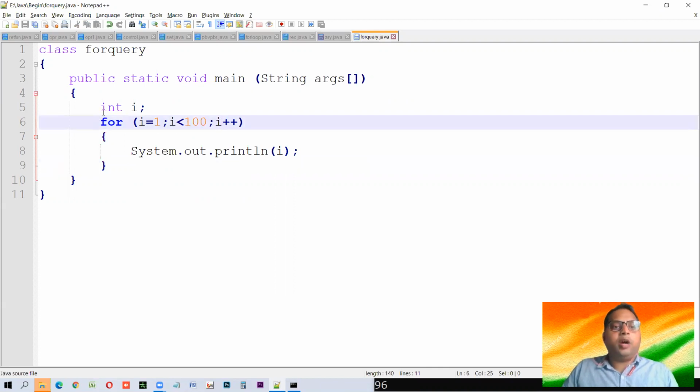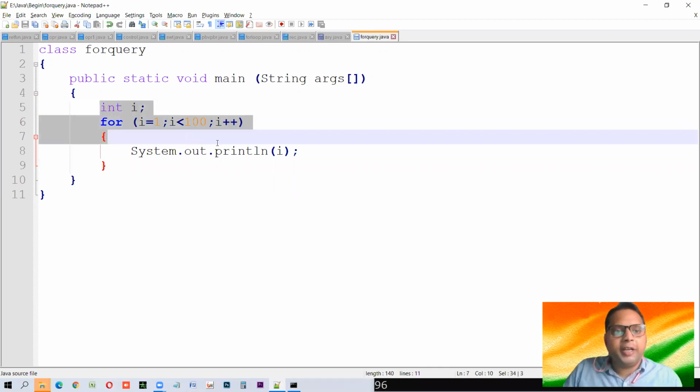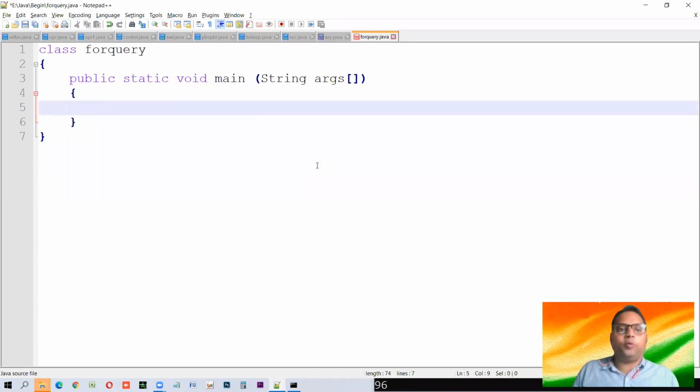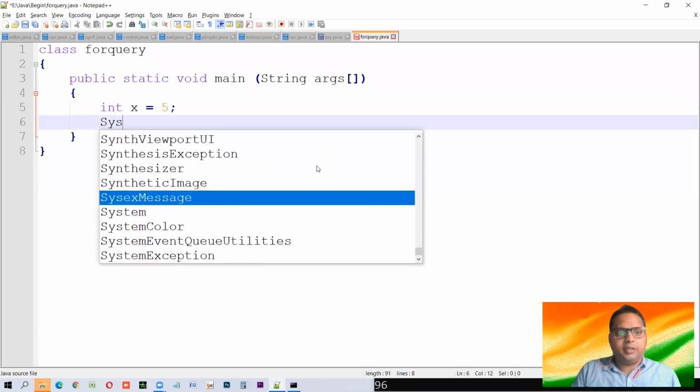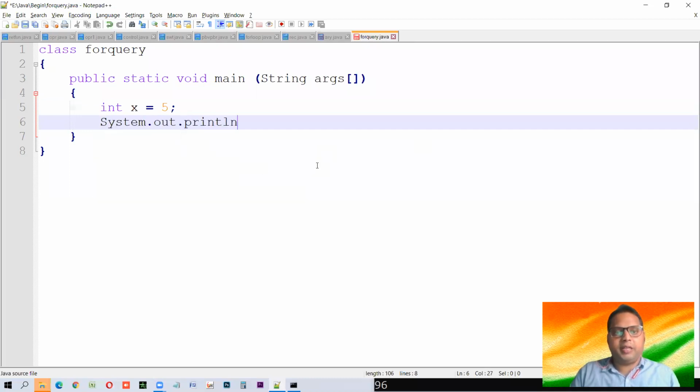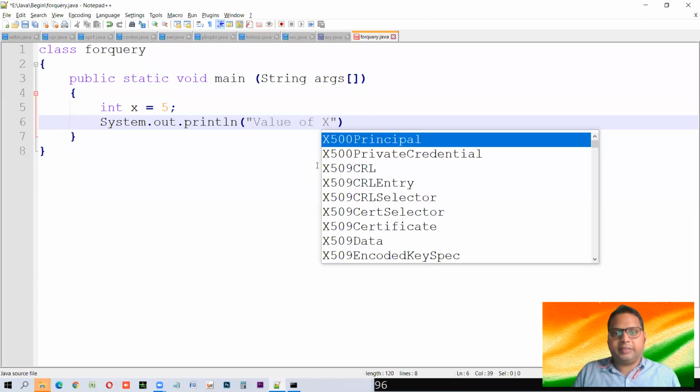Now, in order to clear up this particular i++, most of you have some problem with it. So let me remove this for loop and simply make a variable x equals 5. Now do what? System.out.println the value of x.